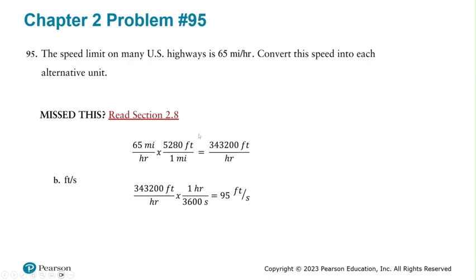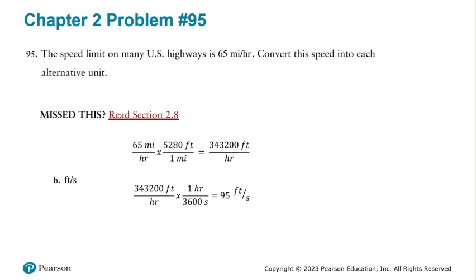All right, for the next one, converting to feet per second, we're going to do the same thing. We're going to convert to feet first. So there's 5,280 feet in a mile. Again, that's a non-standard conversion that I don't expect you to know. Miles will cancel out, and we'll be left with